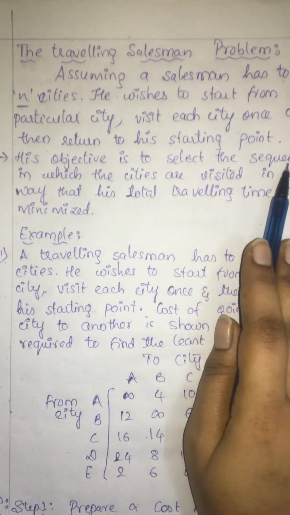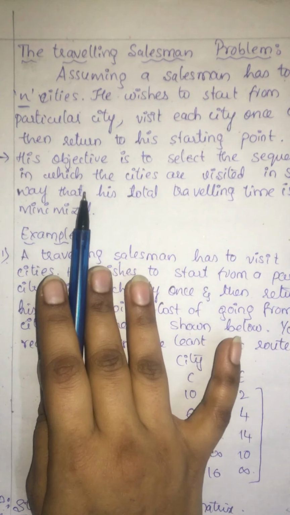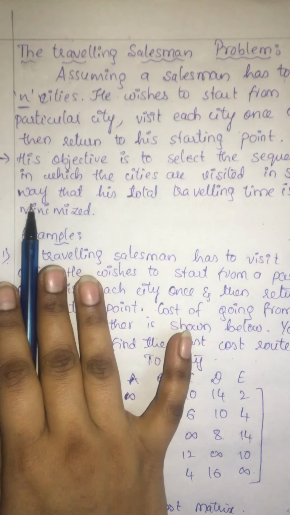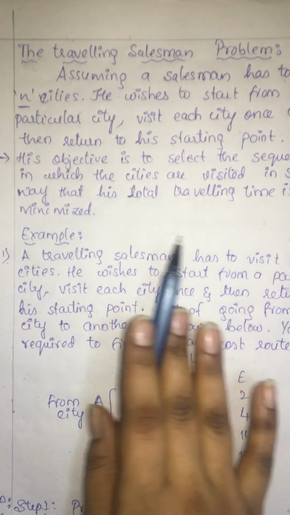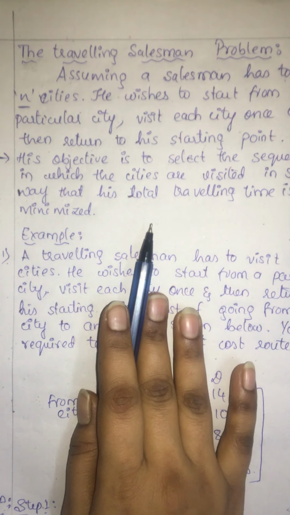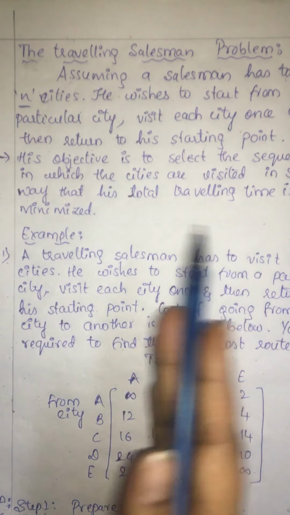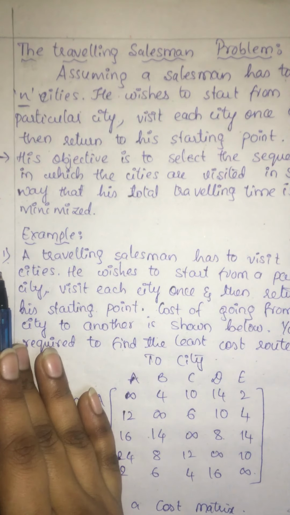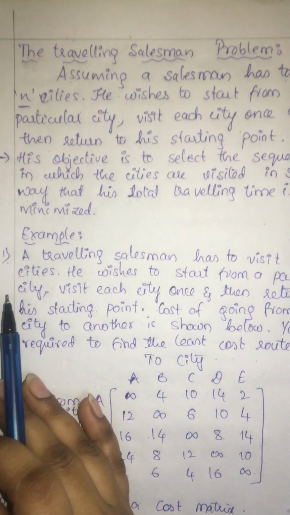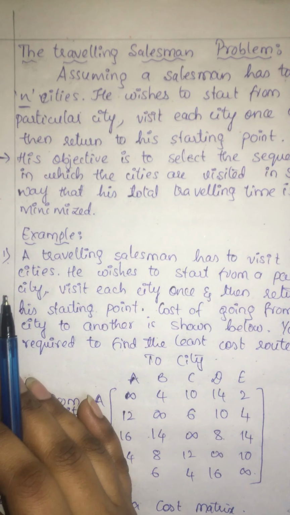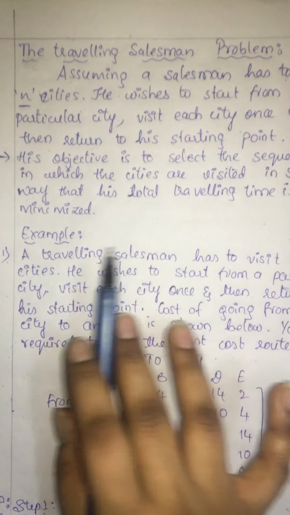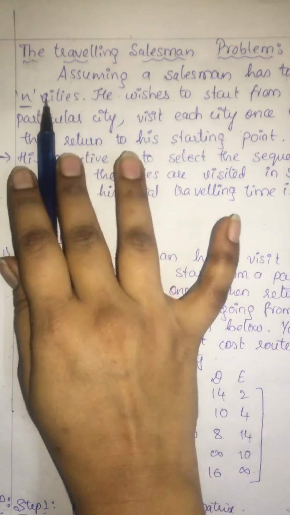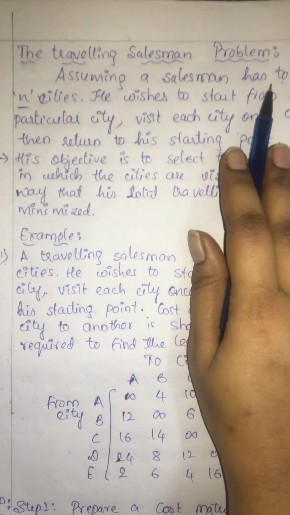In other words, I can summarize that the salesman can start his journey from one city, and he should travel n number of cities, and he should visit each city only once, and he should return back to his original city with a minimal cost, and that cost has to include the total traveling time, and it has to be minimized. So let us take an example. Through this I'm going to explain how exactly the traveling salesman problem works.